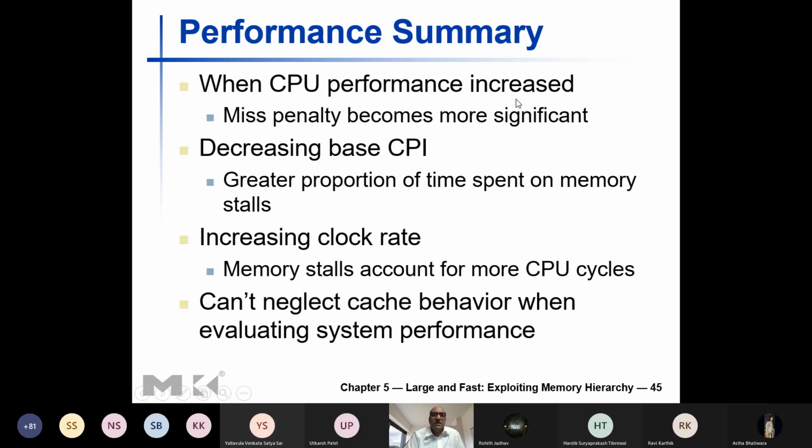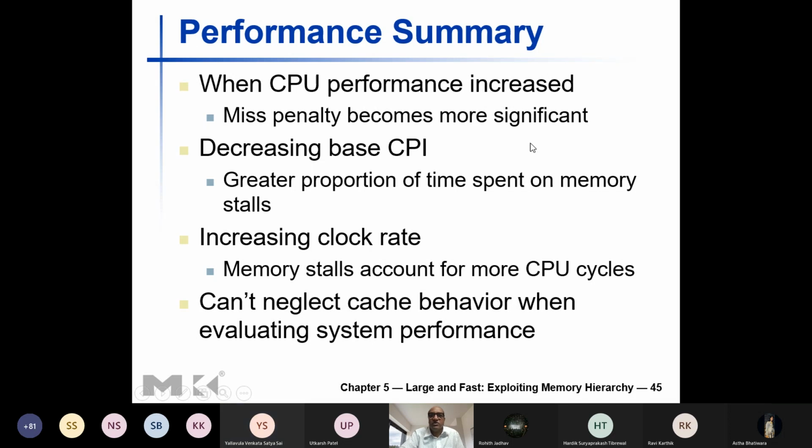That means the execution time of an instruction can be made faster by using some appropriate technology. If you make the CPU faster, for example, still it depends on